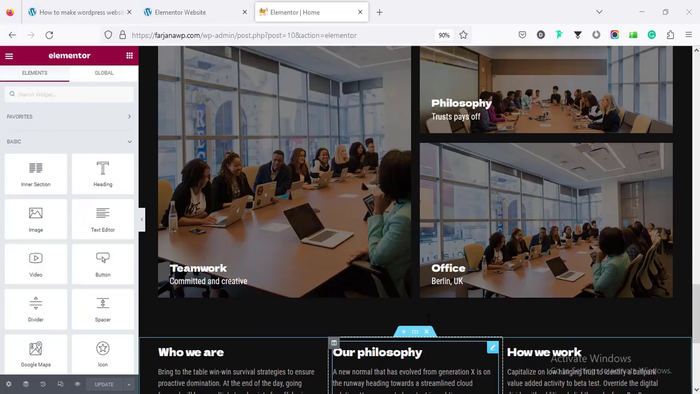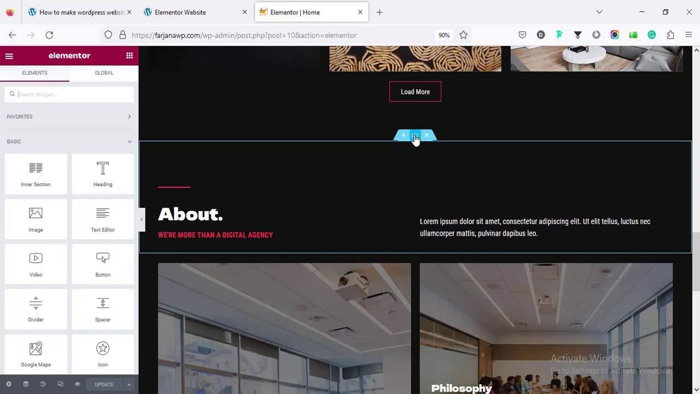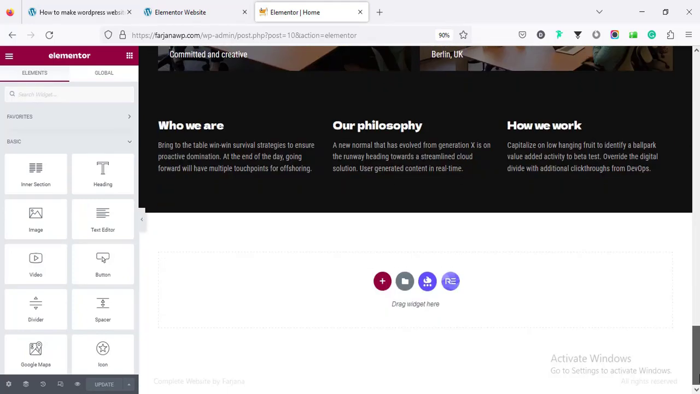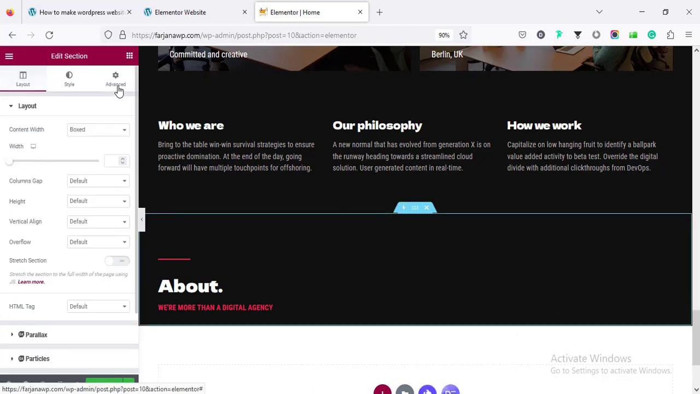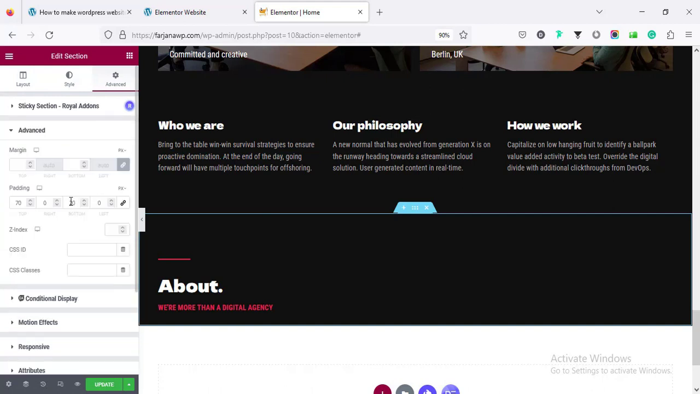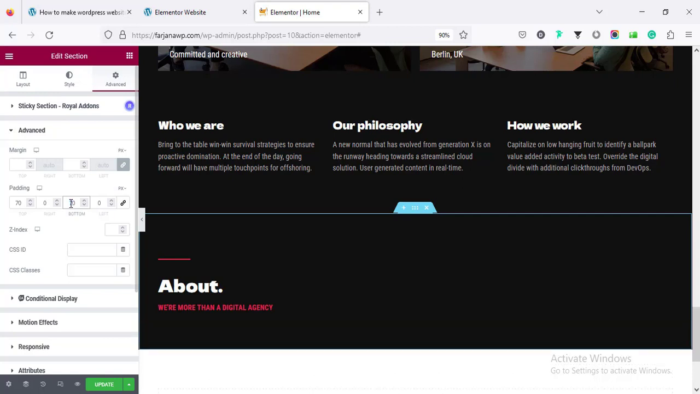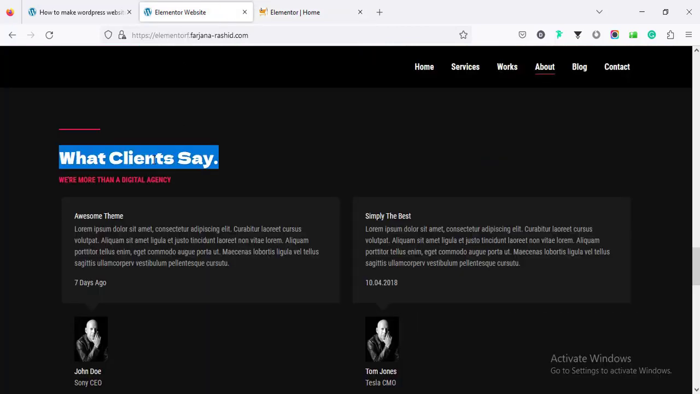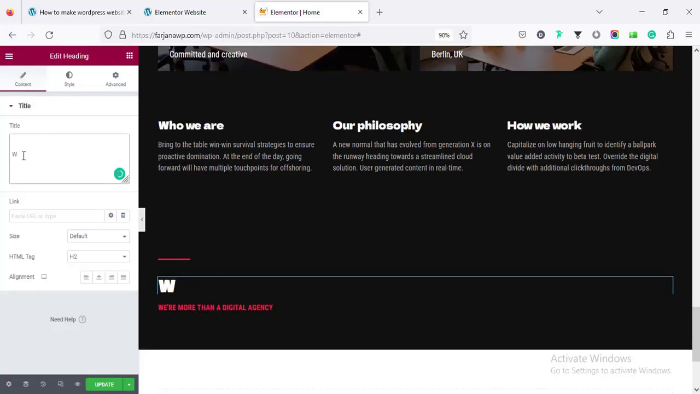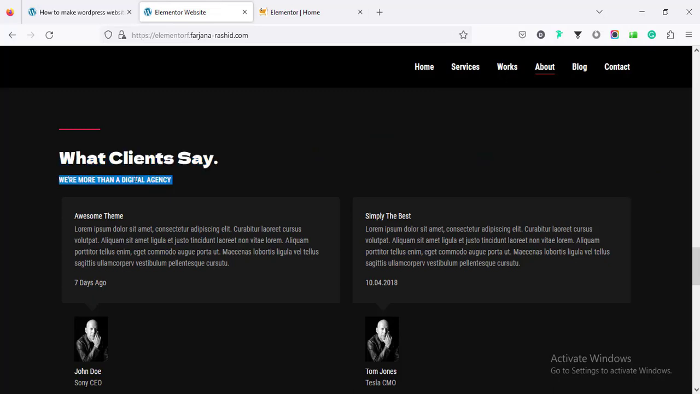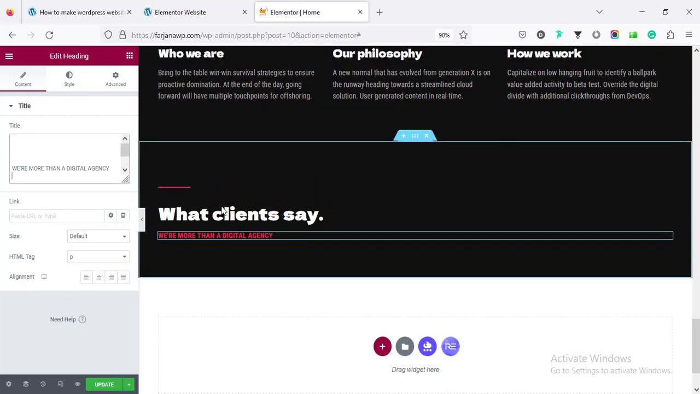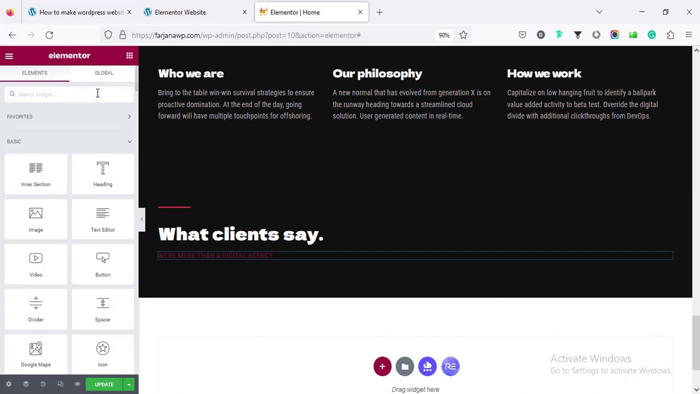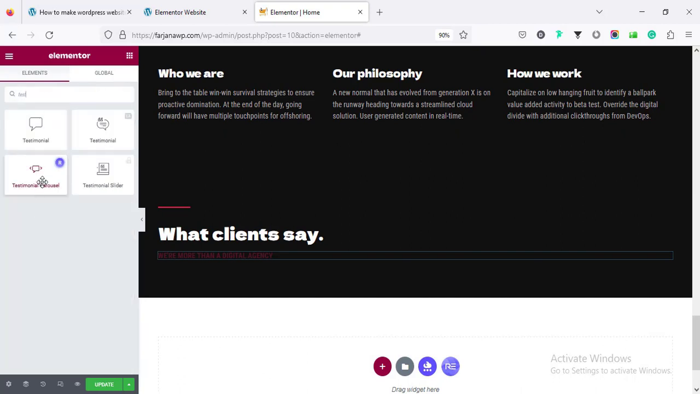For testimonial, first going to copy the title area, going to copy and paste it here. We can remove this column, and for this section going to advance and adding the padding bottom to 70 and changing this text to what clients say, and also going to copy this text, and then I'm taking a new widget, searching for testimonial, and I'm taking this one, testimonial carousel,